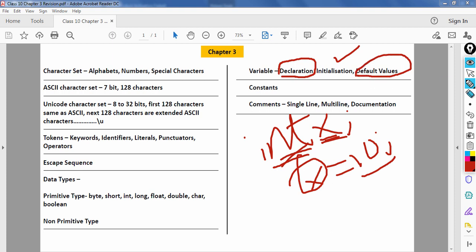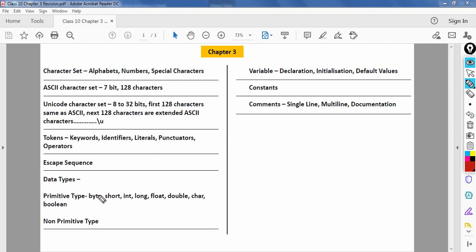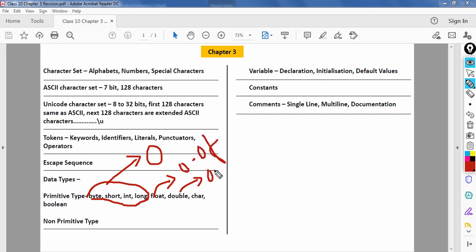Default values: all these primitive types are assigned a default value. All the integer types, their default will be 0. The float default value is 0.0f, double is 0.0d. Now this f and d can be either capital or small.